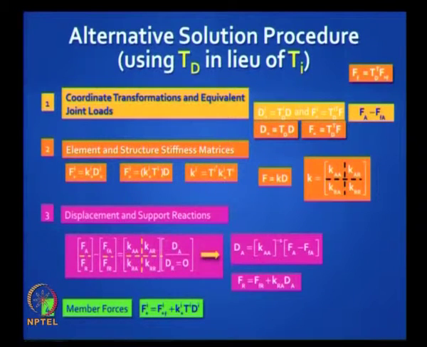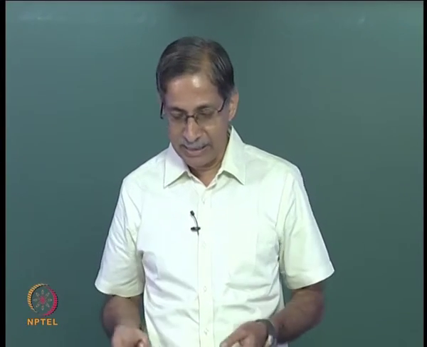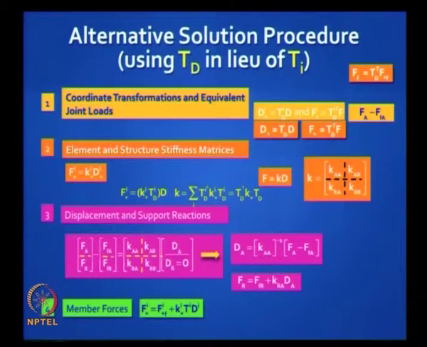The second step, will there be any change in generating the stiffness matrix? Remember, in the earlier method you had to actually slot them with the linking global coordinates. You do not have that problem now, so it is simpler. This is the transformation you will do and you can sum up for all the matrices. We will demonstrate this. You end up with exactly the same structure stiffness matrix, so it is just a choice. For programming for large structures, TI is the traditional way of doing it, but for manual analysis or for smaller structures you can use TD.